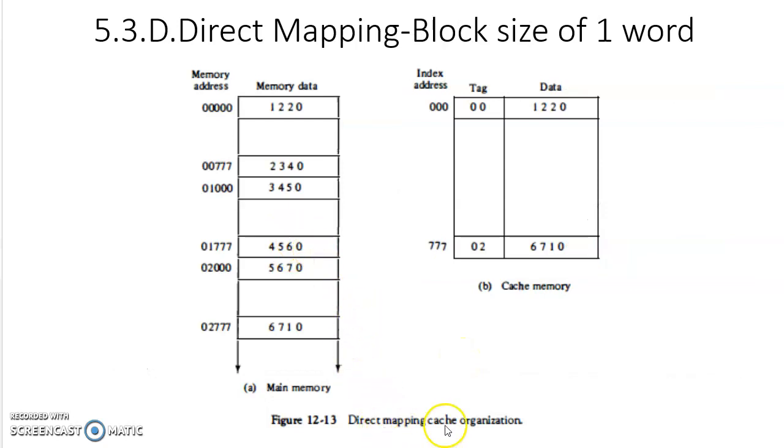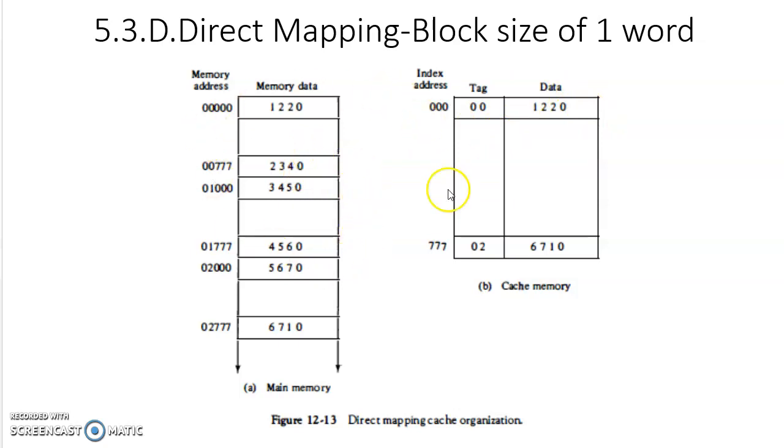Let us look at the direct mapping cache before moving on to set associative mapping. This is the main memory, which, as I just told you, is a book with 64 pages. Each page has 512 lines, and this is our cache memory, which is equal to one page and can store 512 lines of information. So it is possible to store one entire page here, or you can store one line from each page here, according to the requirement.